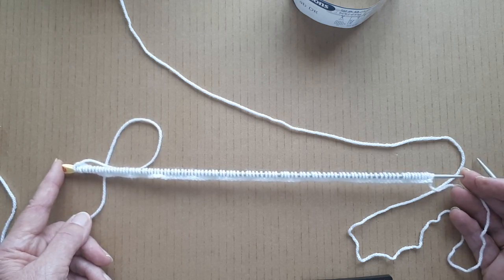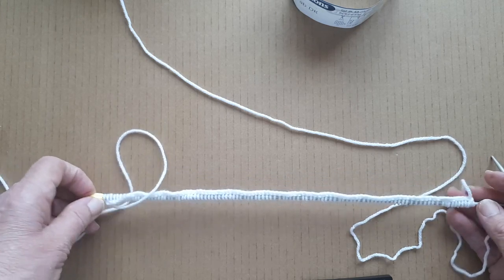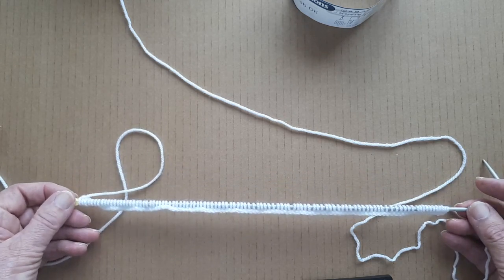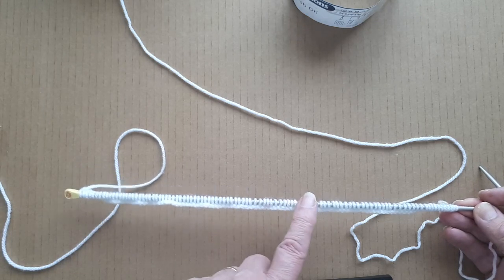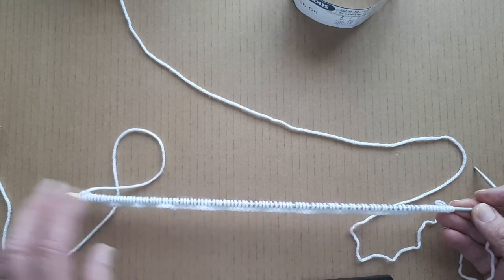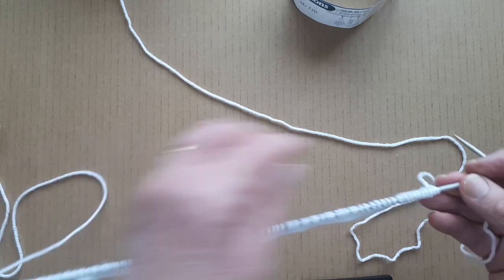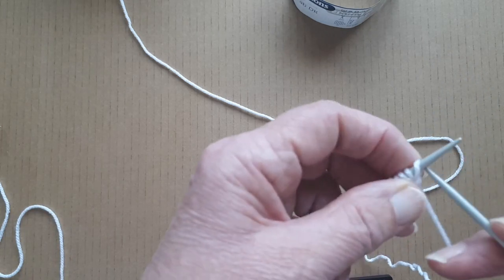But with this pattern, the rosebud lace, you need an odd number of stitches, so I'm going to make it 113 stitches. That's why I've got 103, and then I'm going to add 10 stitches on the last row of the rib. So now I'll show, for those that don't know how to do the twisted rib,